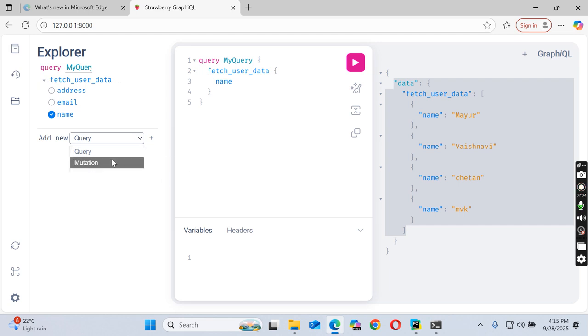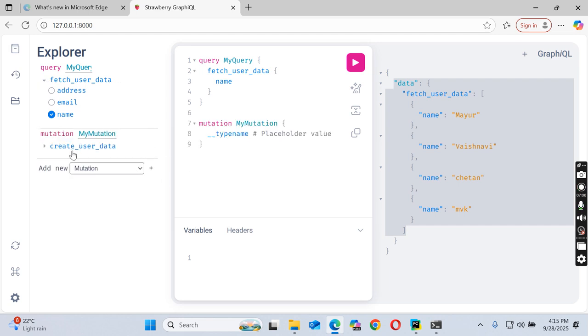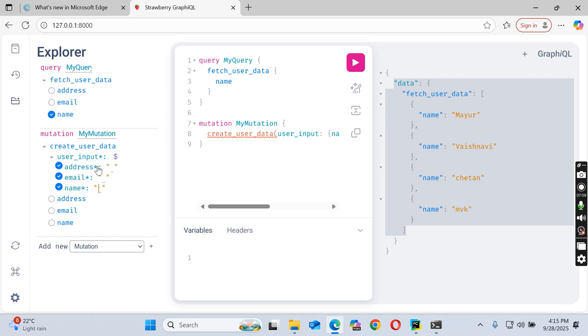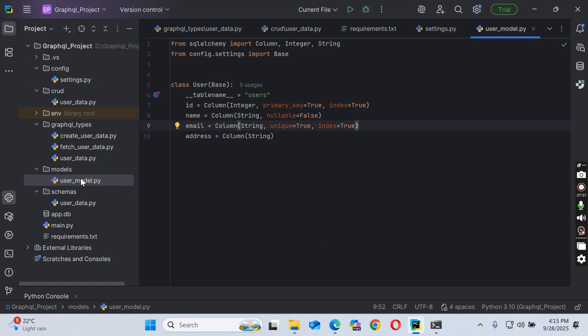Okay, and there are a couple of things in this. If you go to mutation, you see there are star marks here, right? Those are the mandatory fields basically. And here also you can have only address and these things fetched, not all the things which are here. Okay, it actually depends on the use case, what data you require basically. So yeah, this is all about this